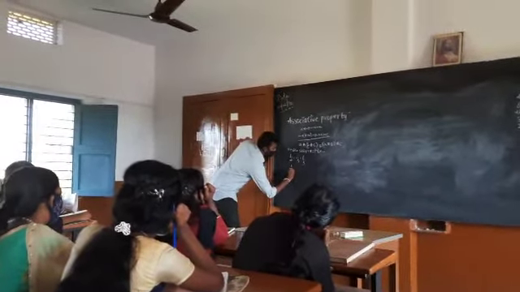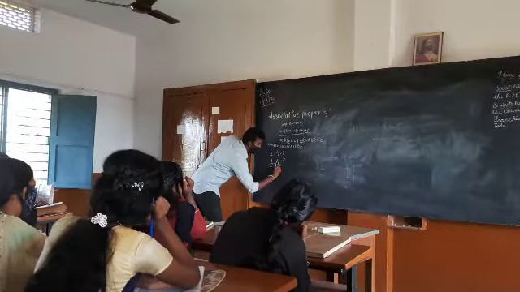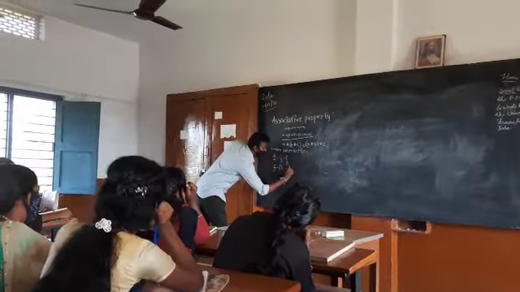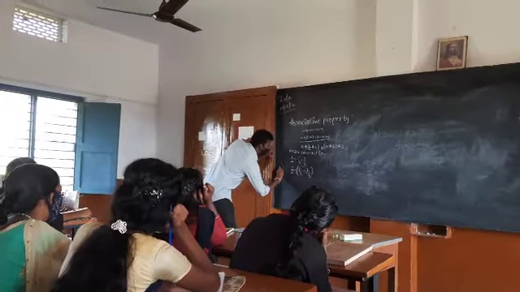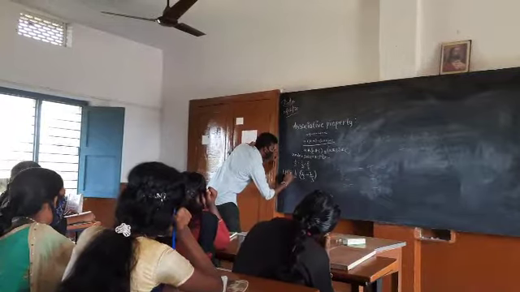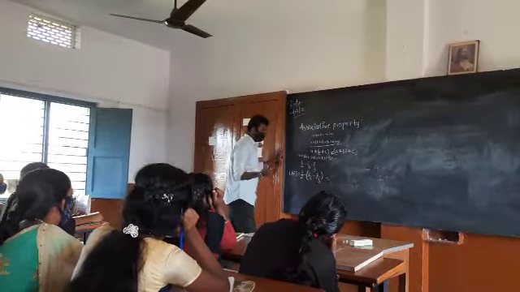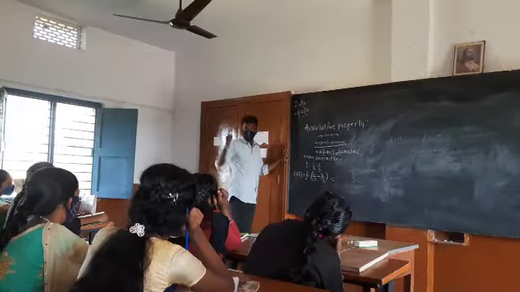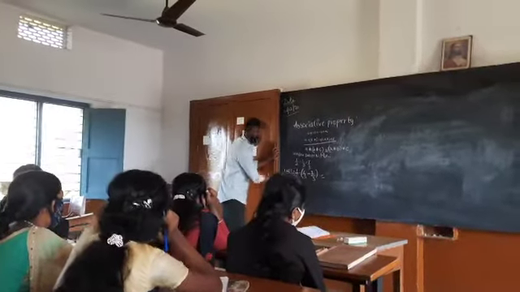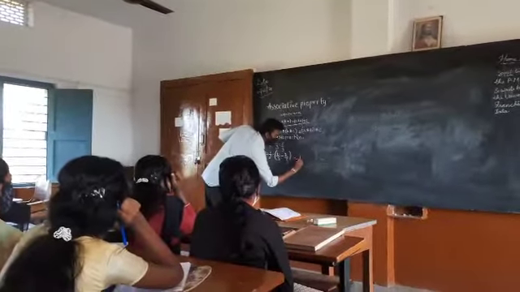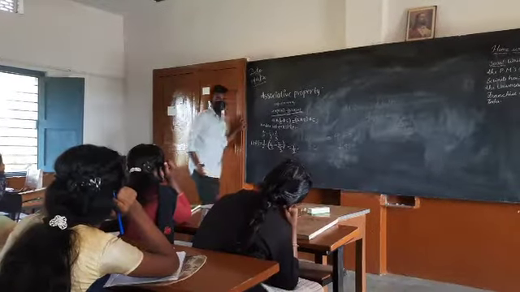How does it come? 1 by 2 minus, in brackets, 1 by 3 minus 2 by 3. Very good. This is the left hand side, LHS in short. Always try to solve the brackets first. Then only you can undergo subtraction from 1 by 2. 1 by 2 remains as it is for the next step. Now 1 by 3 minus 2 by 3.